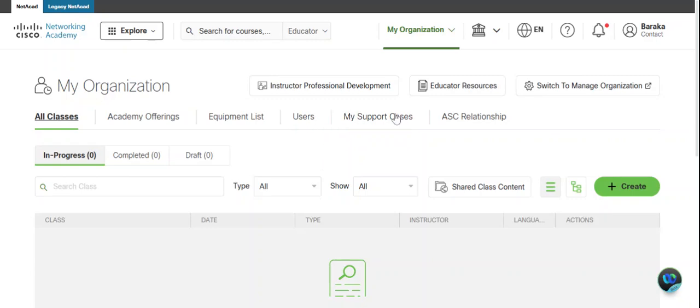Okay, let's proceed now with this My Organization menu. And right now I'm going to create a video for all my classes. What you can do now as an instructor, after knowing the platform and the courses, is